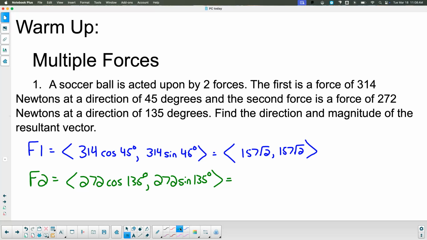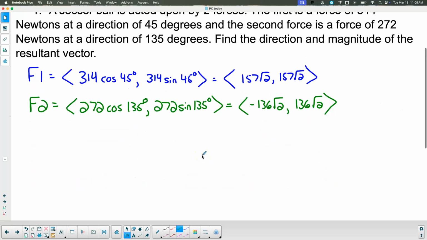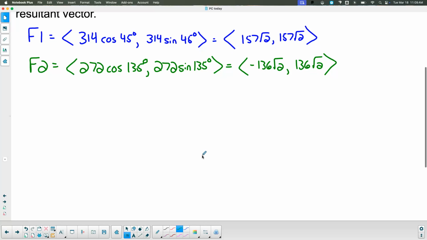What's 272 divided by 2? 136. Okay. So then my resultant force